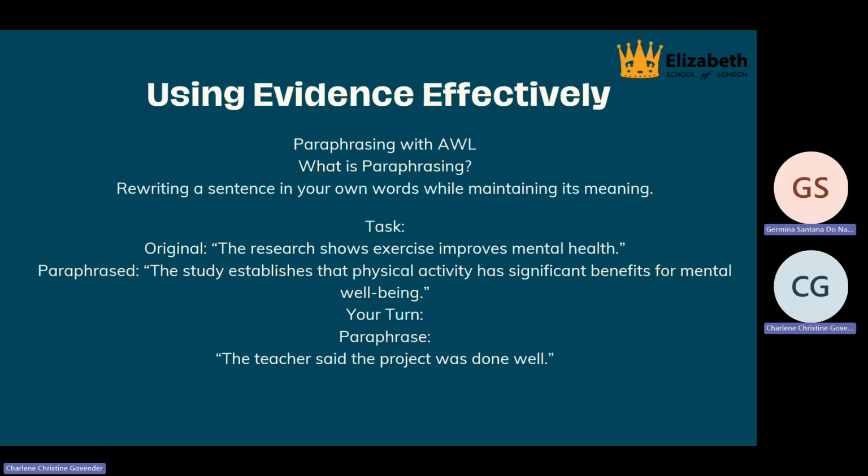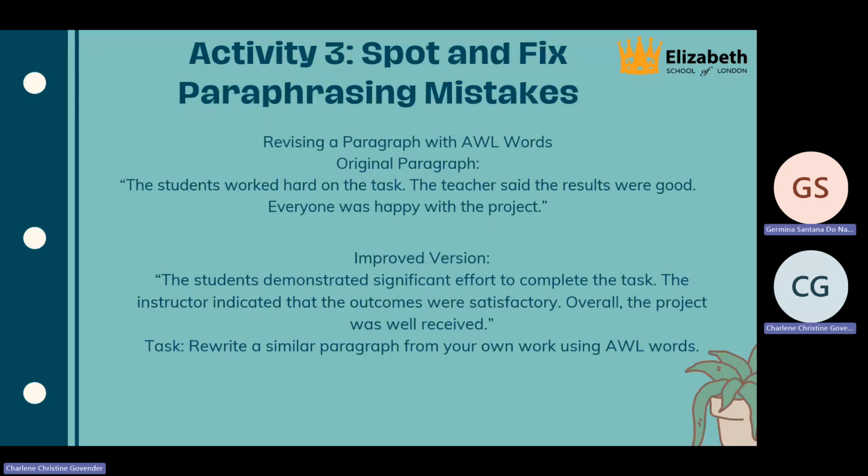Okay. So it basically means they have met all their goals, they have achieved what they set out to do, just like the teacher saying the project was done well. Okay, so that's one way we can use the academic word list to swap out the words to use with more formal sounding words. All right,